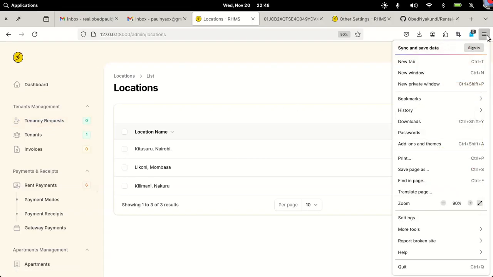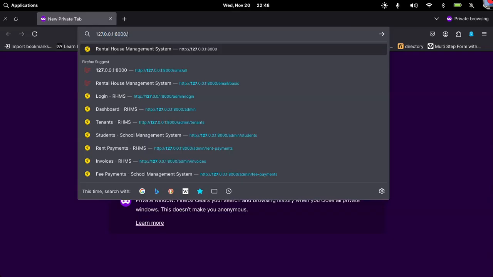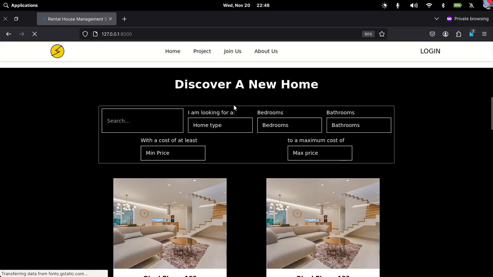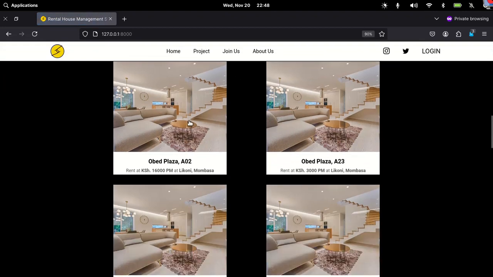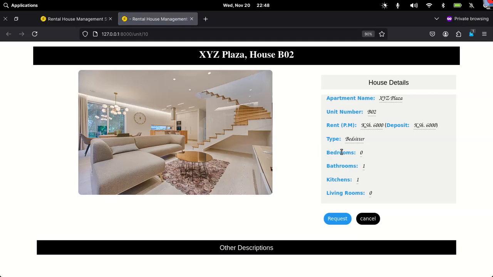If I open this link, and a visitor comes to check our place, you see we have A02, A23 under Obed Plaza, and our XYZ Plaza B01 and B02 are on market. If somebody came and loved this bed sitter of ours, and wants to request it,